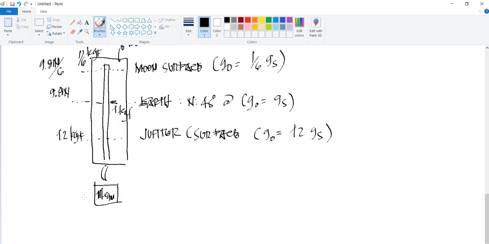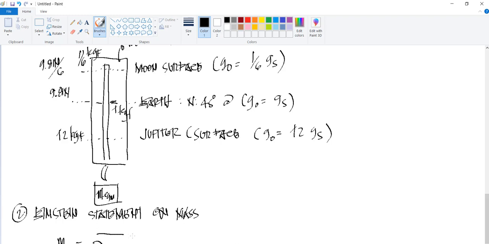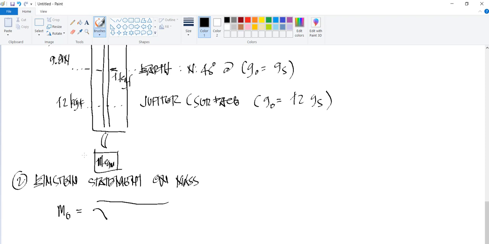Then we have the Einstein statement on mass. So he defined that you have your mass, m0, that will be equal to this. Sorry, let's change this one. So we have your mass, so that will be equal to